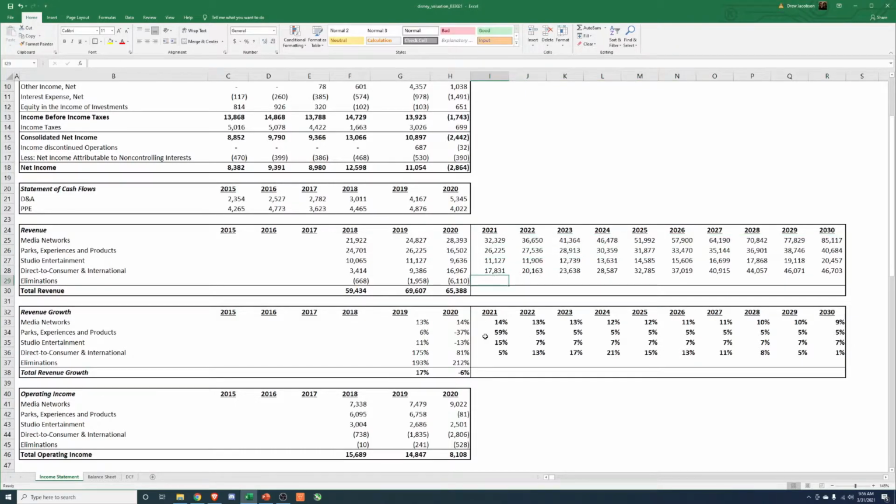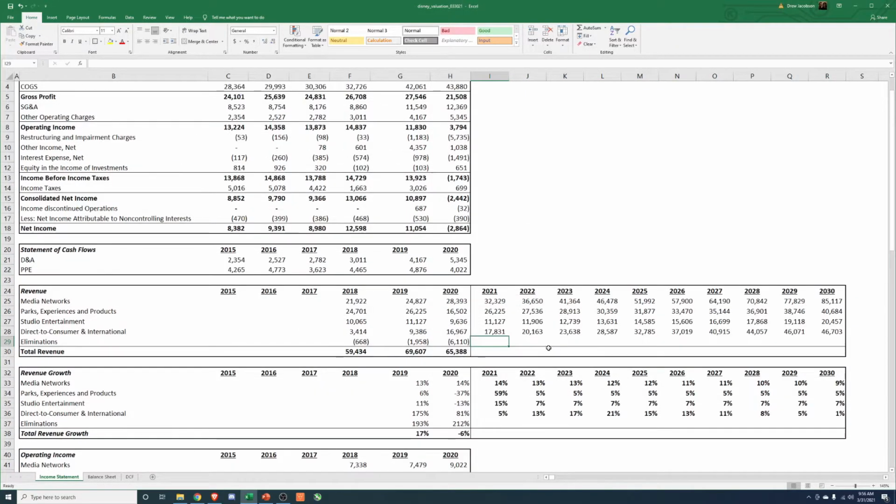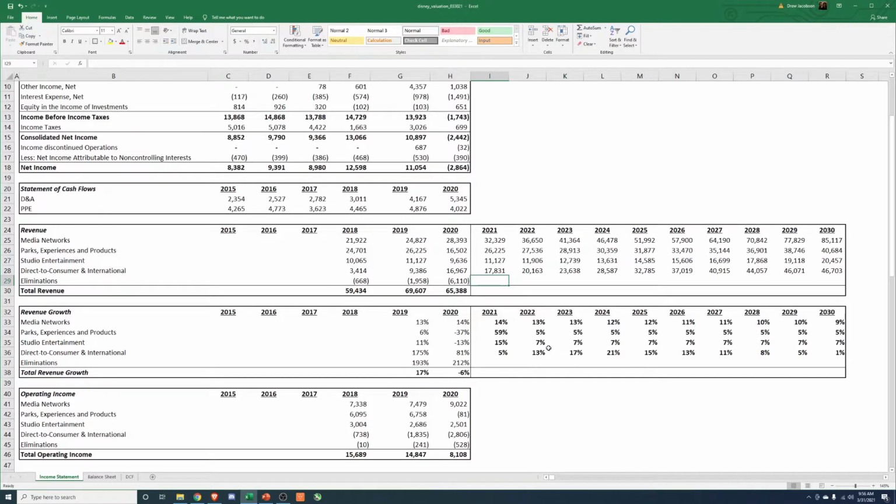To be honest, eliminations, this is something I should have spent more time on to understand it better. I'm not entirely sure what the eliminations is, but I think I'm just going to set it to the average here of 3. I think this might actually be like revenue. I don't know if it's revenue that's attributable to minority shareholders or what exactly, but